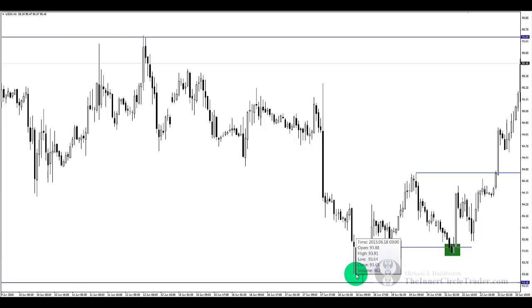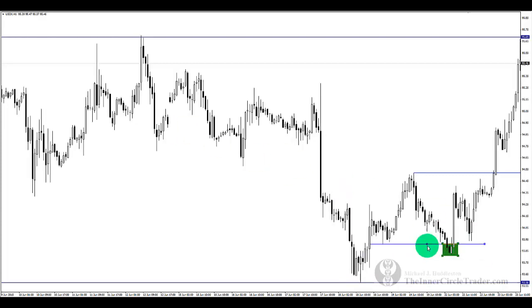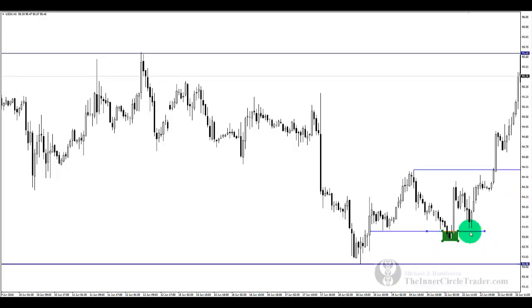93.88. So we're going to say 93.92. Okay, so 93.92 would be our limit order. You could fancy dance it around to around 93.90. Okay, so 93.90 would be our expected entry. And if we were going to use a 100 pip stop